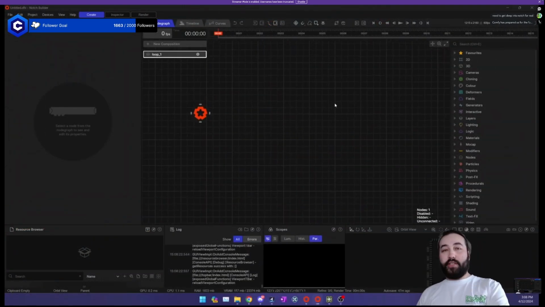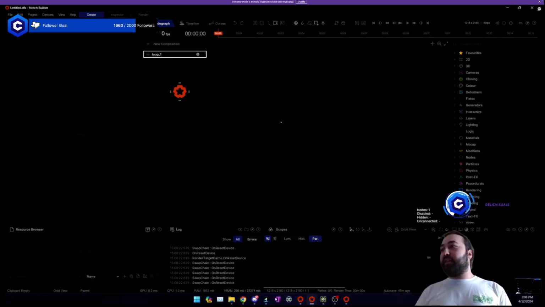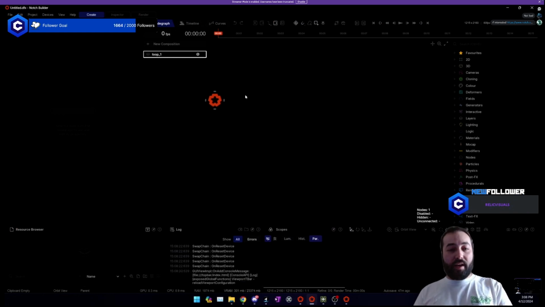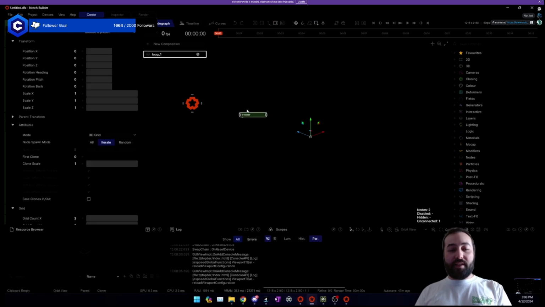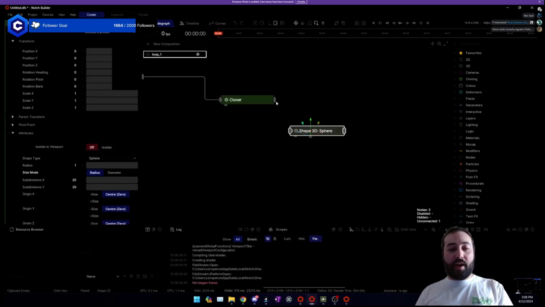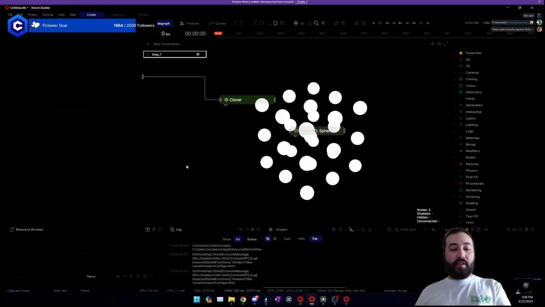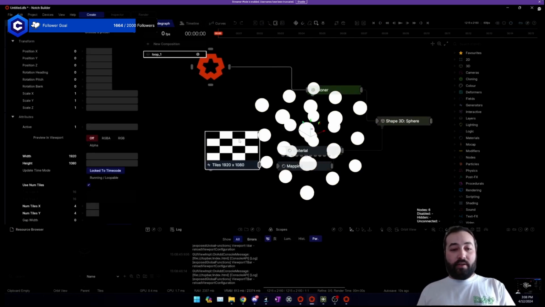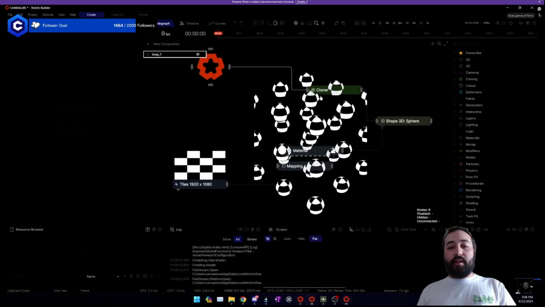So this is how I have Knotch set up. In the background here is the output. I'm going to generate some visuals basically from nothing. The thing I like to do is make a cloner, which is going to clone my objects. So we're going to make a sphere, and now we have a grid of spheres. Then make a material, make a tile texture for it, and we put that in. Oh, whoops. So now it's mapped like that.